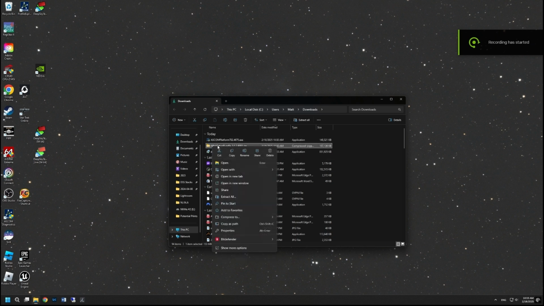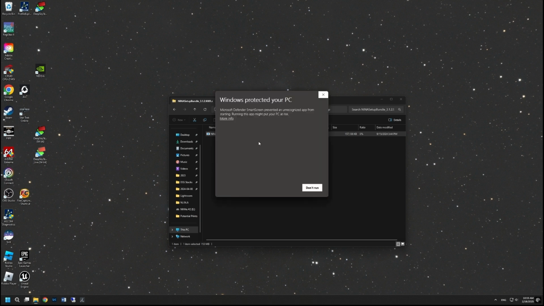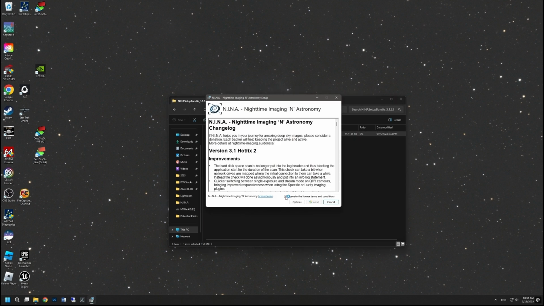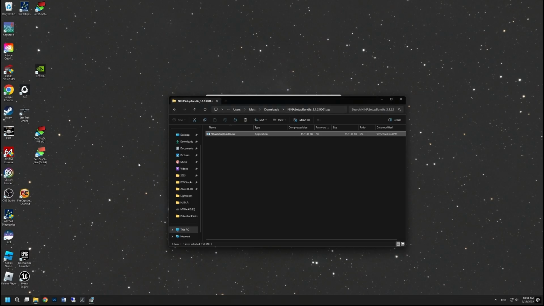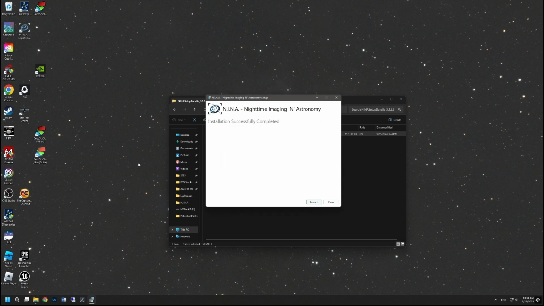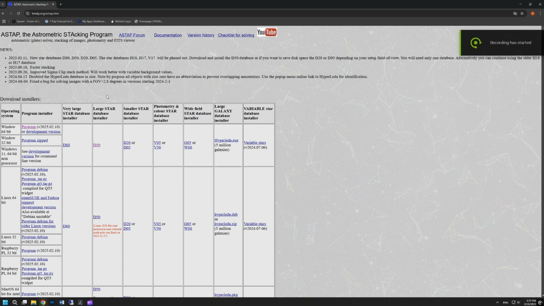When we go into NINA, it comes as a zip file. You can just open the file, double click on the exe or executable file. You'll have to click more info and run anyway if you're working on Windows 11. Agree to the terms, click install, click permission to continue. And once it's installed, you can either launch it, but there's some other things we'll need to install here, like